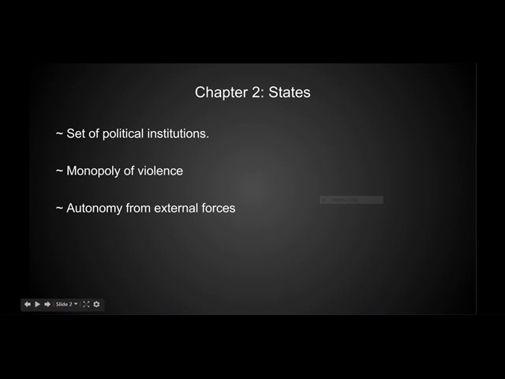A state is composed of various political institutions. These institutions can be a certain set of laws, a police force, a military, and in some cases, its government. Though, just for future knowledge, governments tend to be less institutionalized unless they're authoritarian. As well, a state can be defined as having the ability to control violence in its area. This means that there is a general peace and order, not total anarchy.